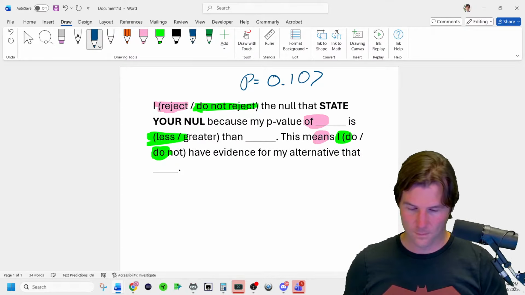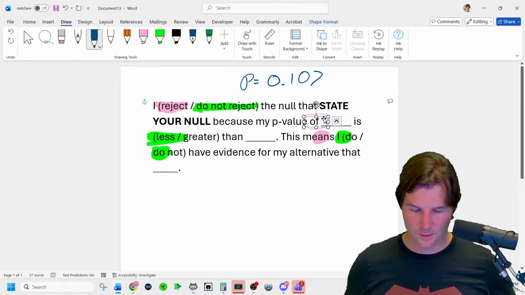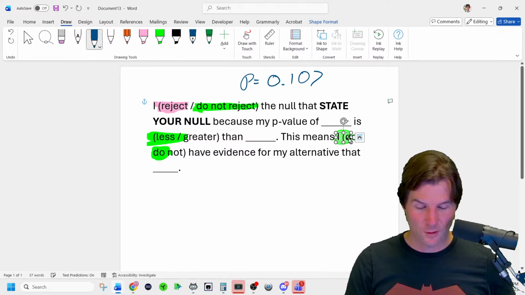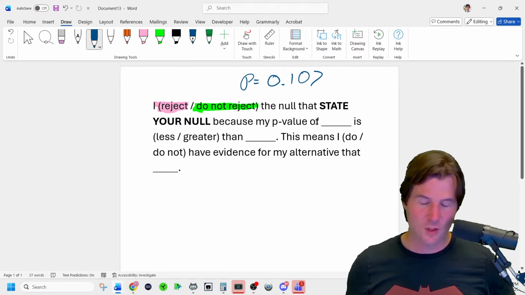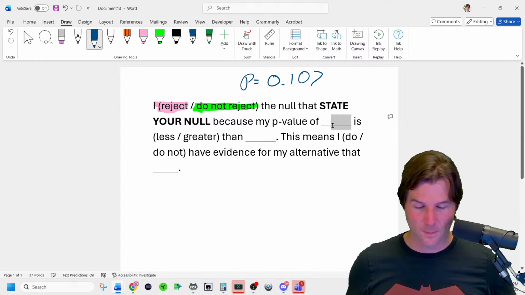Fail to reject. They say I failed to reject the null, which just means like I failed to go to the mall today. I didn't go to the mall yet because my p-value of